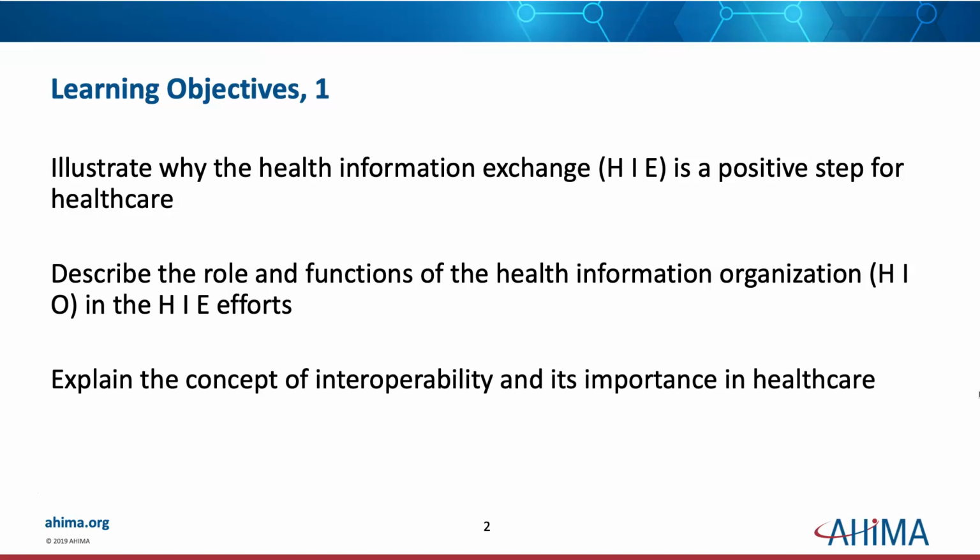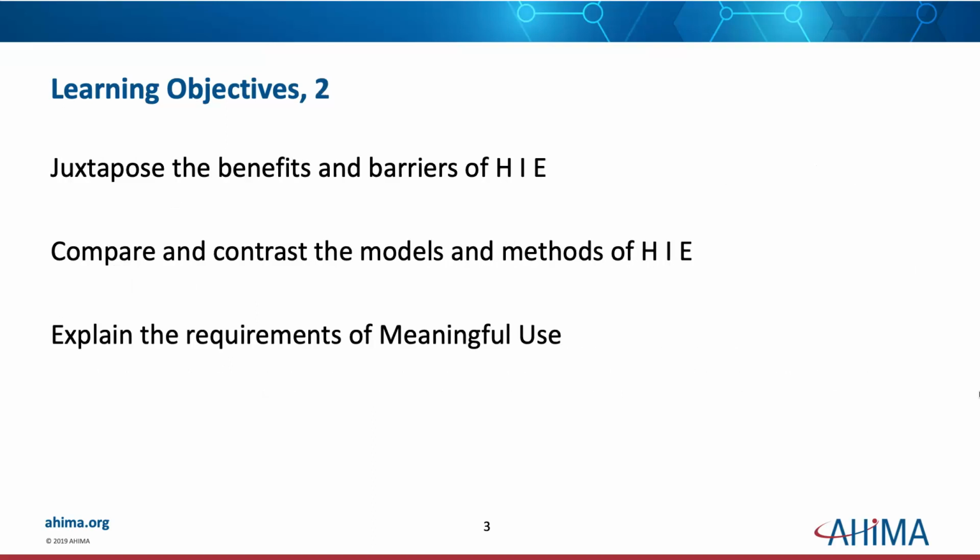The learning objectives from the book say that they want us to understand or believe that HIE is a positive step for healthcare, and I'm not saying it's not. I'm just simply saying they want us to believe it is and prove it to us so that we can promote it. We need to be able to describe the role and functions of the Health Information Organization, also known as an HIO, in the HIE efforts, and explain the concept of interoperability. Why is it important? And look at the benefits and barriers of HIE, compare and contrast models and methods of HIE, explain the requirements